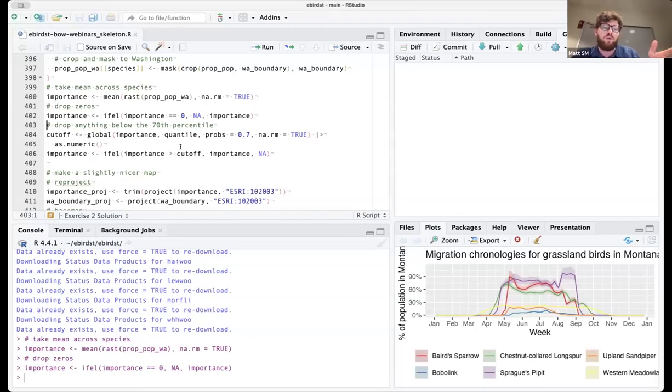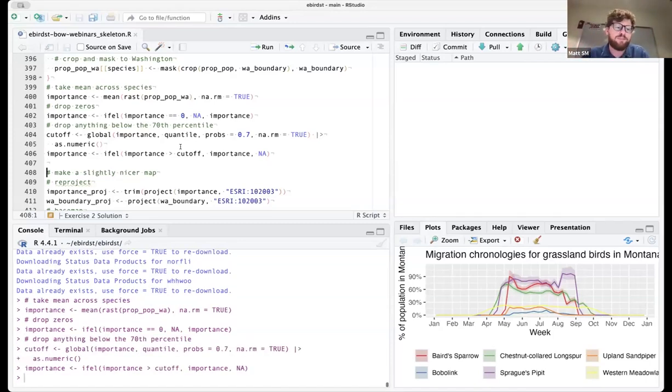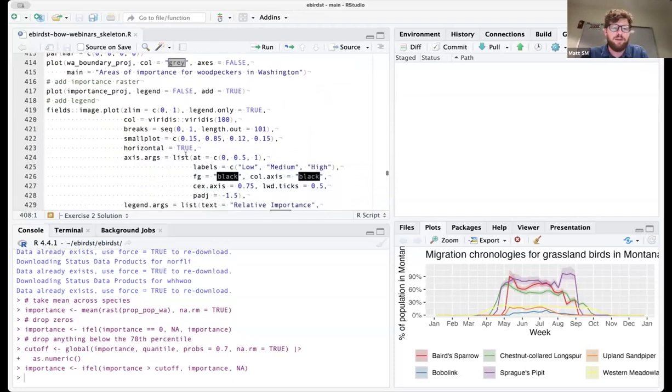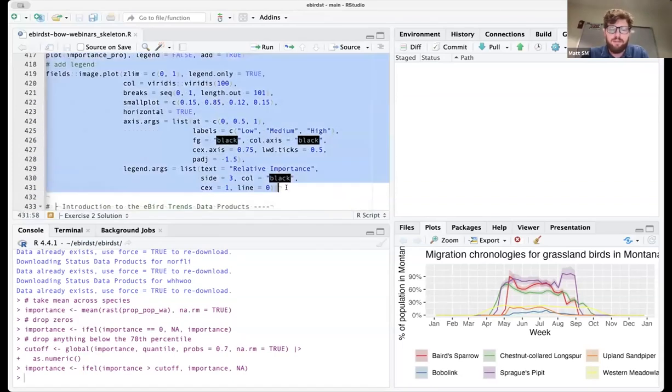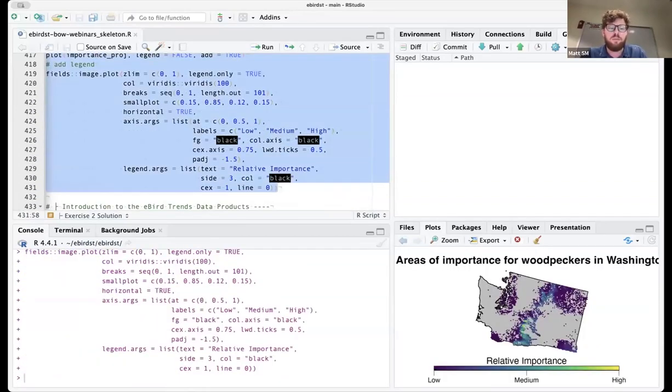And then I've arbitrarily picked the 70th quantile as a cutoff. So anything below the 70th quantile, I'll remove to highlight just the 30% of most important cells for the set of species. And then I'm just going to make a map. Okay.